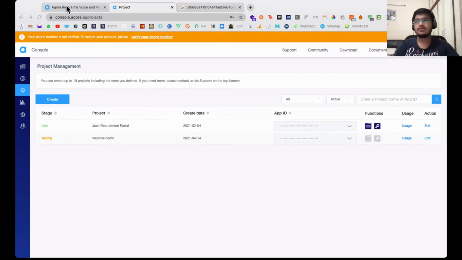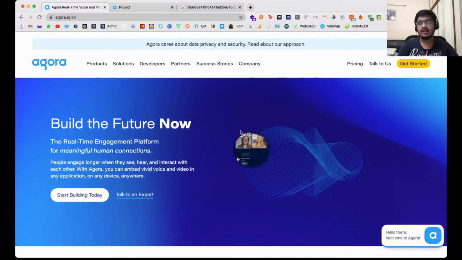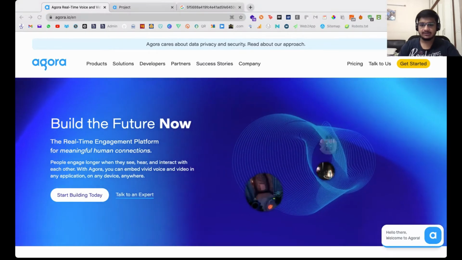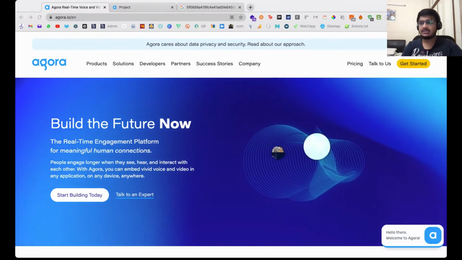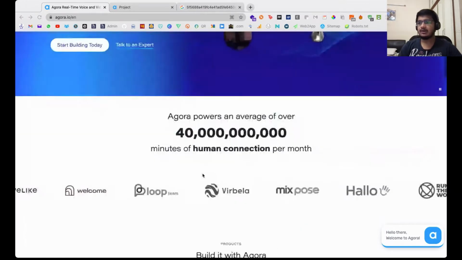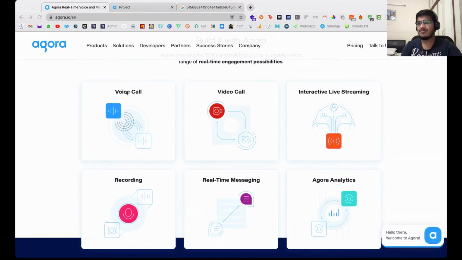Perfect, Ryan. So now I'll give you a small overview of how the Agora RTC SDKs are like. So this is the main Agora IO website. So the link is agora.io/n. You can also change the languages to view the website. So other than this, you have all the features mentioned over here. You have voice call. You can make a voice application just like Clubhouse. You can make a video call application like Skype or Zoom. You can have an event platform with interactive live streaming like AirMeet.